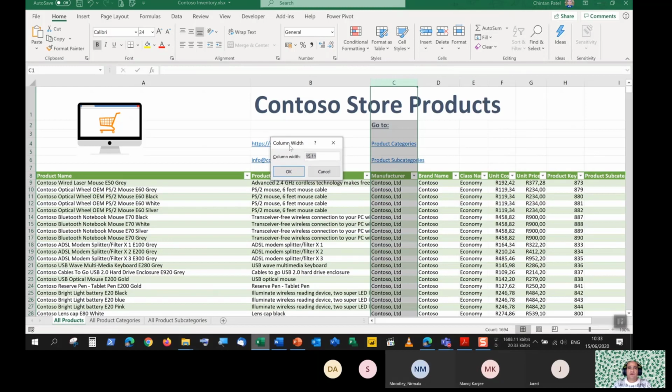I'm not sure if the box is displaying on your side. I did see in the recording previously that certain boxes don't appear correctly. If you don't see the box, what you should see on your screen is a box that says column width, and it's asking you to put in some sort of number. So let's try to put in a number such as